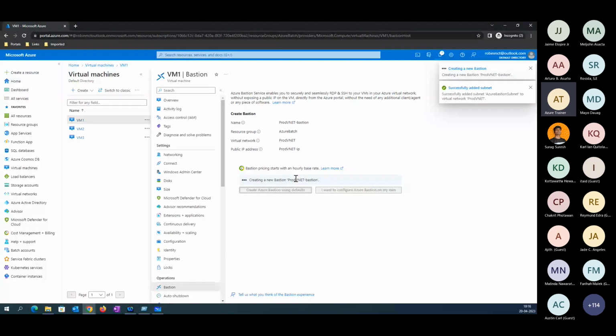Basically it is used as an alternative to your jump server or gateway server. For example, in your organization you have some servers available, and you want to ensure that your jump server is not used and that you have the server details available. With the help of that, you can configure this. So let's wait for this.